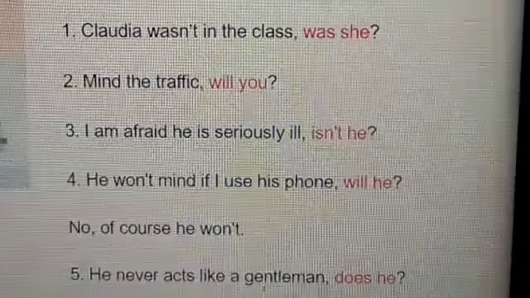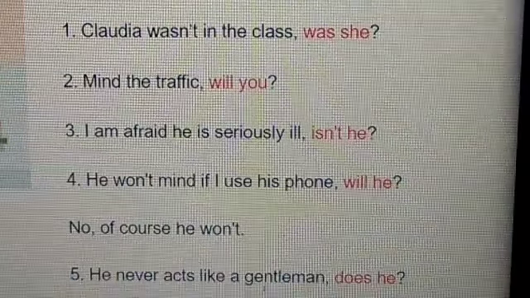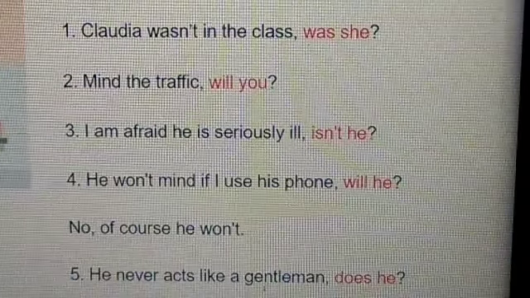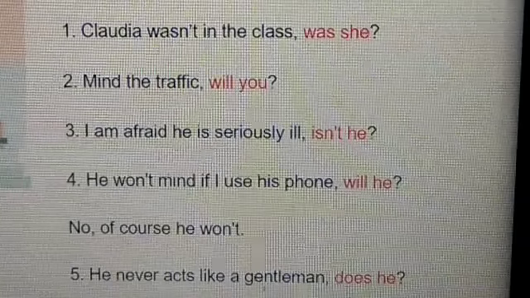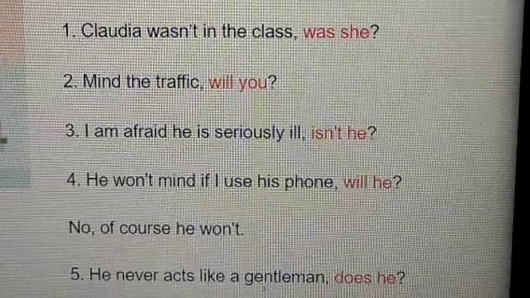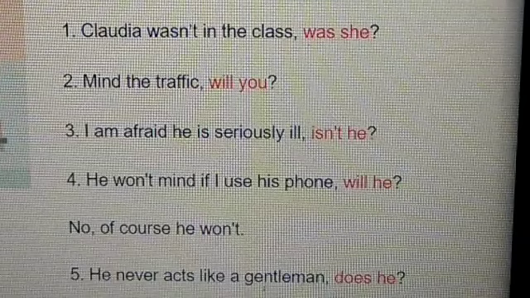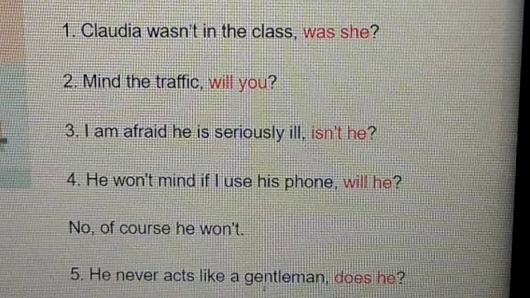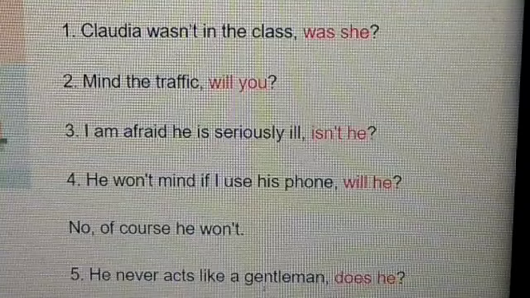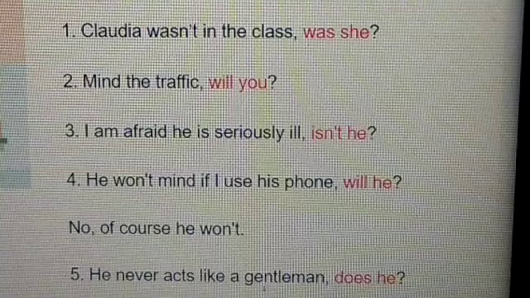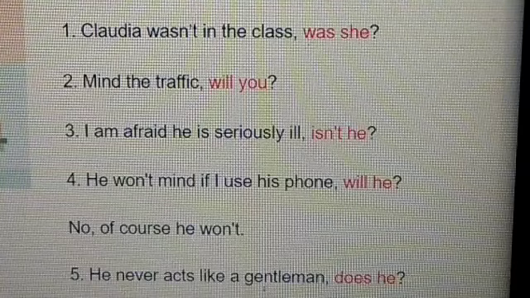Moving on to the next exercise, you see, complete the following exercise with question tags. First one, Claudia wasn't in the class, was she? Second one, mind the traffic, will you? Third one, I'm afraid he is seriously ill, isn't he? Fourth one, he won't mind if I use his phone, will he? No, of course he